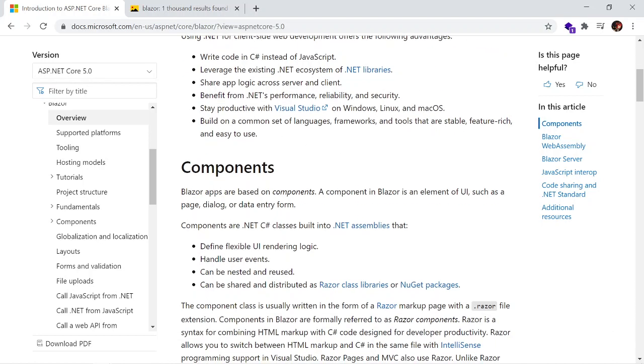And of course, stay productive with Visual Studio IDE on Windows, Linux, and Mac OS. With Blazor, we can build on a common set of languages, frameworks, and tools that are stable, feature-rich, and easy to use because this framework is supported by Microsoft.